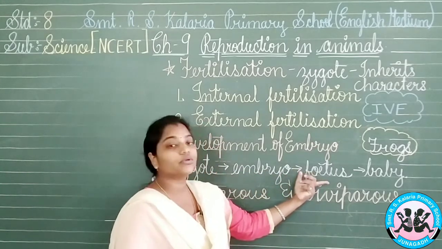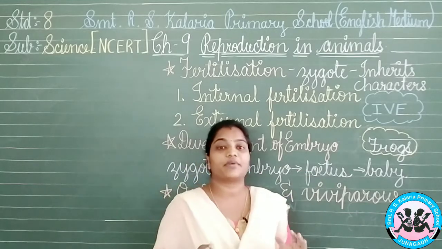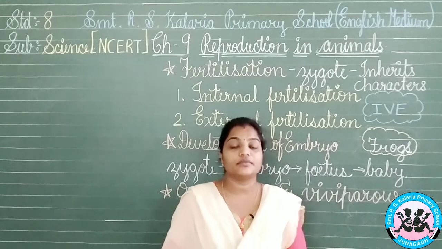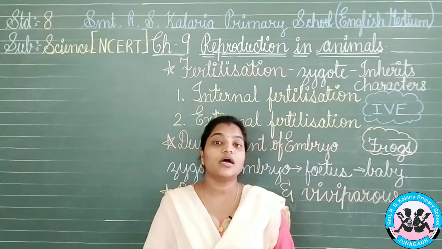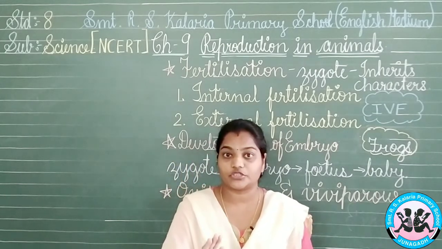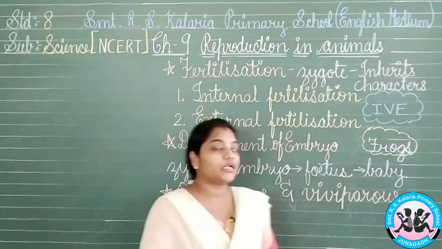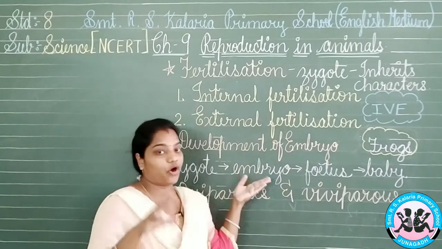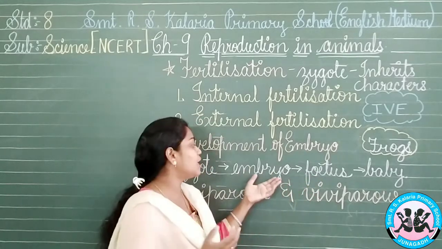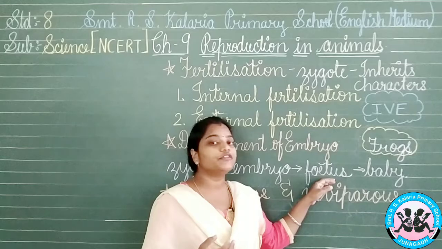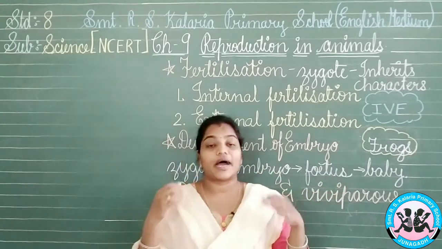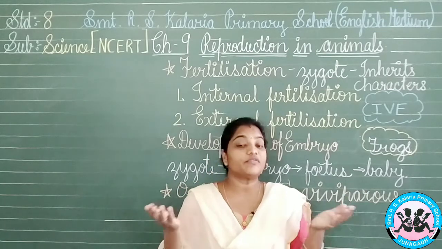Now, in this fetus, you can see all these things are present. What will happen to it? There will be some change over here. It will be carrying the limbs, the head, the eye, the ear. These are the portions which are visible now. In the embryo we have seen that it is a ball of cells and some tissues and some organs are formed. But now after this embryo, what will happen? Up to the fetus stage, we can even find that there are the hind limbs and the forelimbs being visible there.